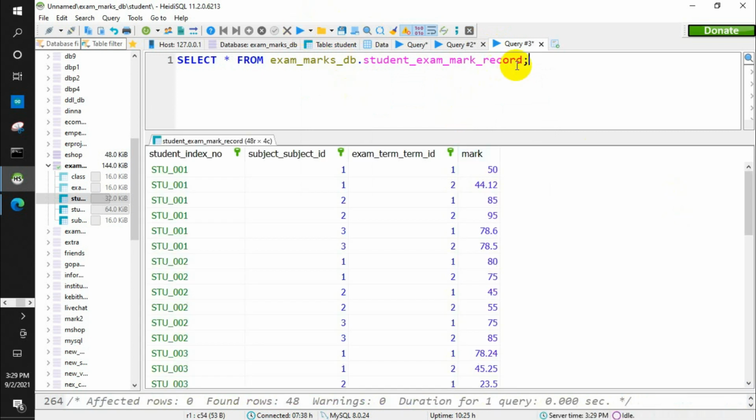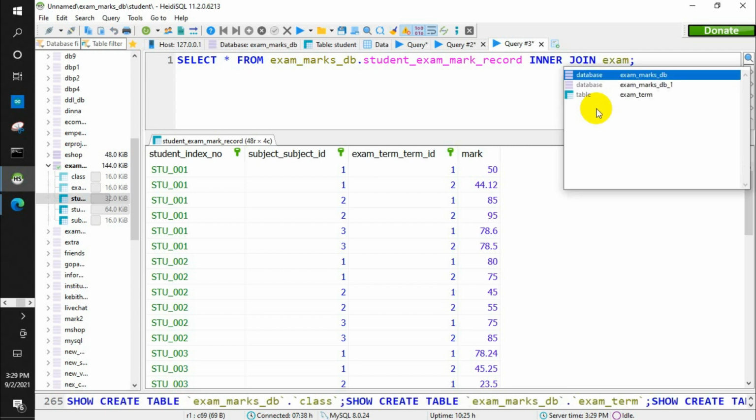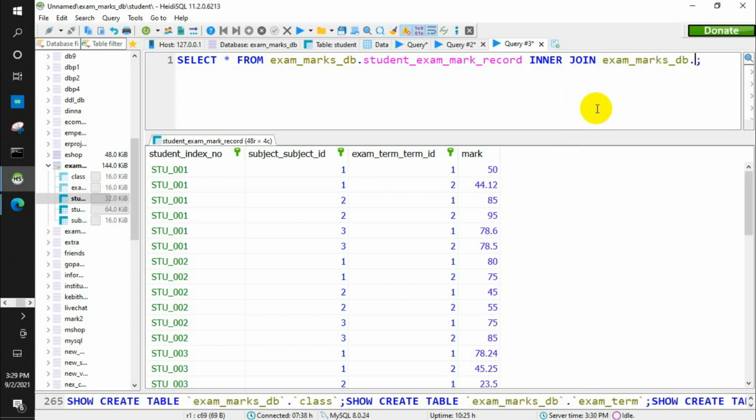Now I have all the marks. Then I am going to inner join the student table here, exam_marks_db dot the student table.